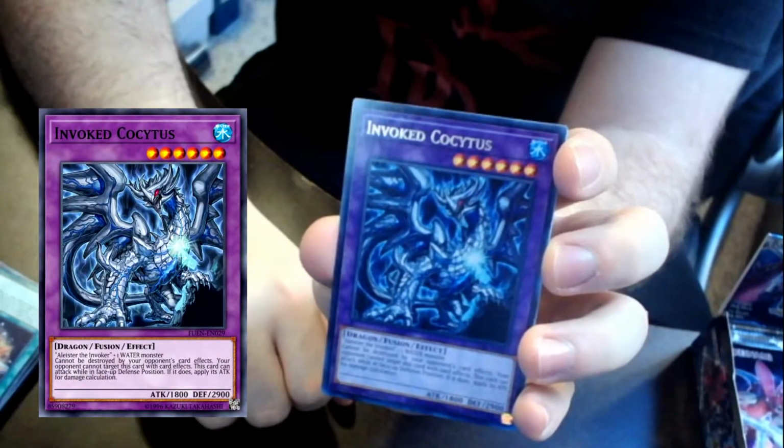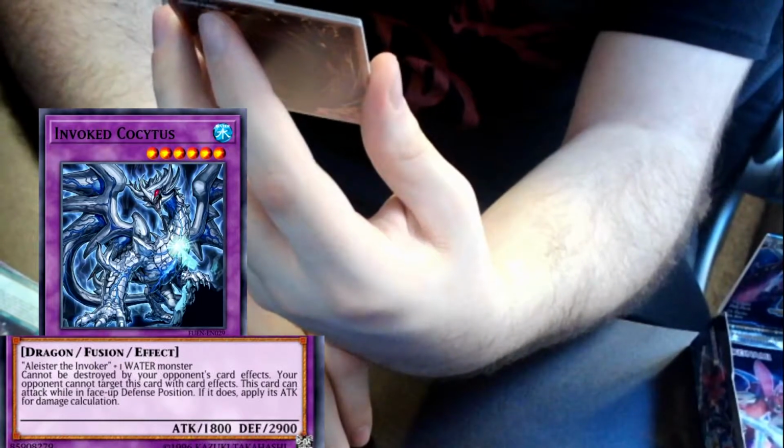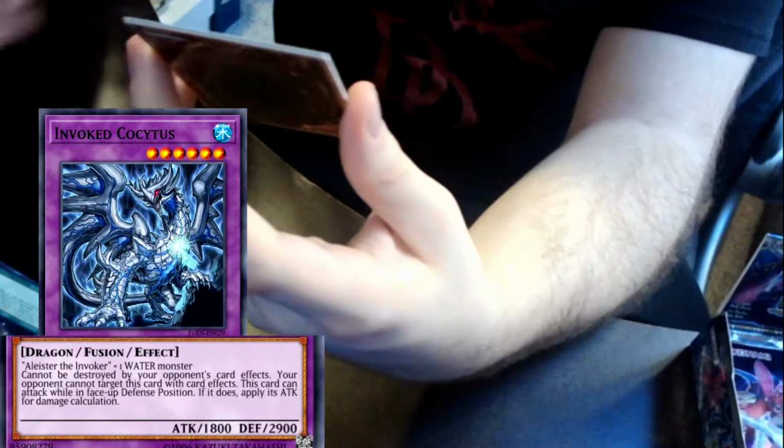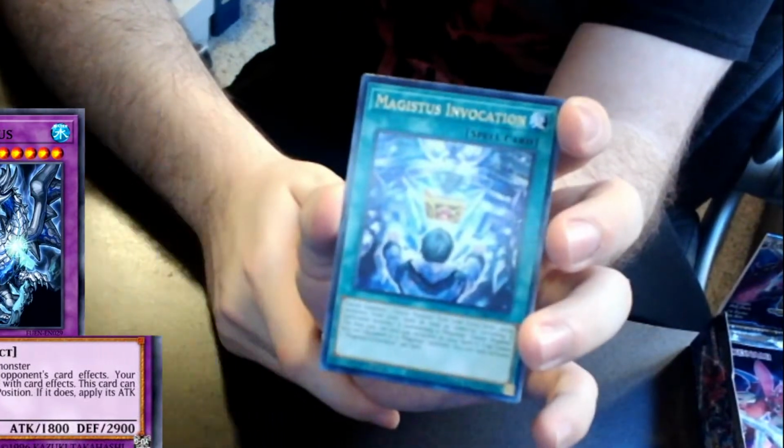Cocytus. It's Aleister and a water monster, and this cannot be destroyed by an opponent's card effects. Opponent cannot target it with card effects, and if it's in face-up attack or defense position, it can attack with its attack, and it's 1800, but its defense is 29. So you could just keep it in defense to keep it safe. You got another Invocation there, another World Lance, and we have